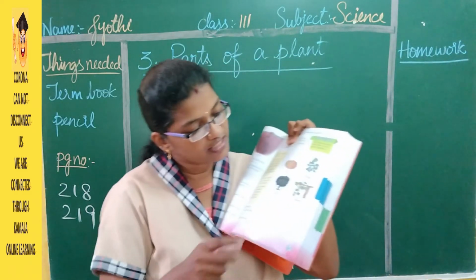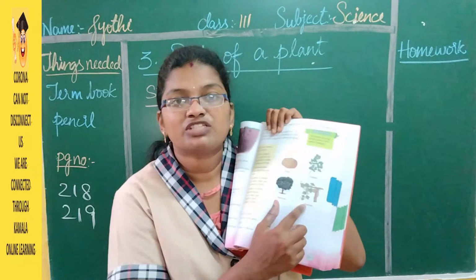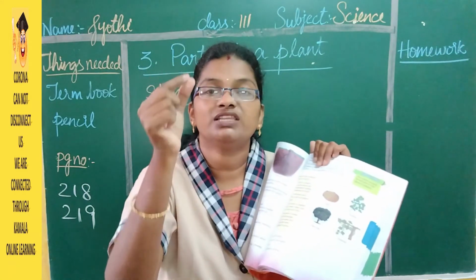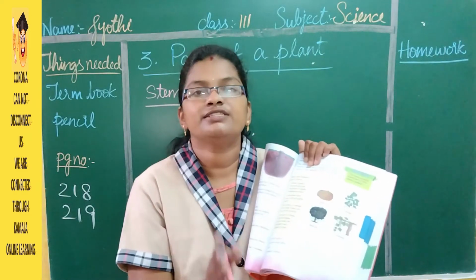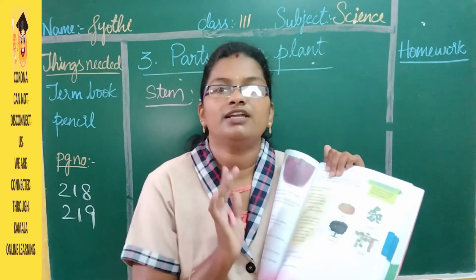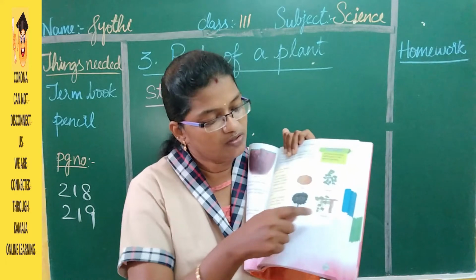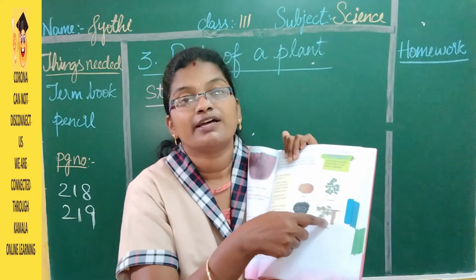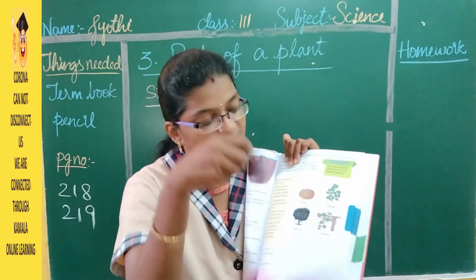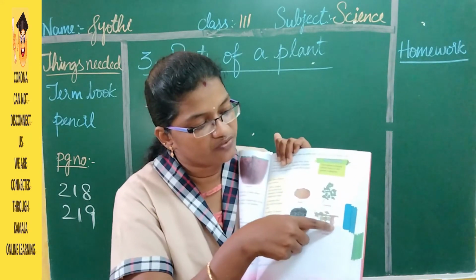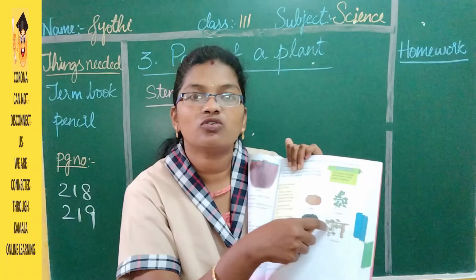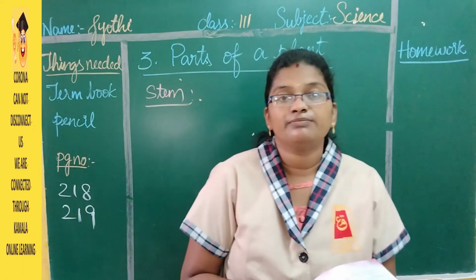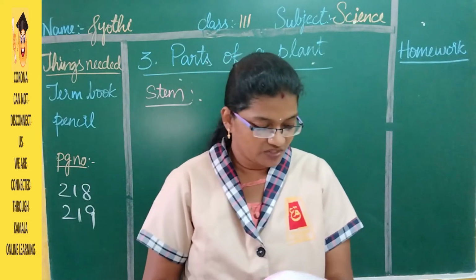As I already told you, see here, this is the picture of a grape. So if you see, the stem is very thin and weak. This kind of plants, they cannot stand upright. So they need a support. That is, if you dig a small pit and put a long stick over there, with the help of that stick, they are going to climb up. So these are the examples of the stem.